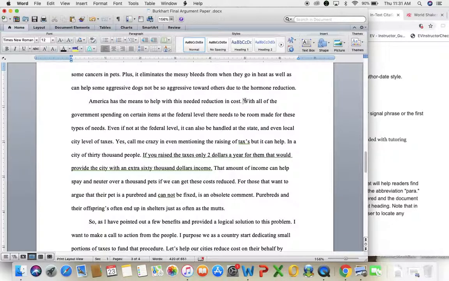Even so, it's essential that America allocate more money for spaying and neutering, because,